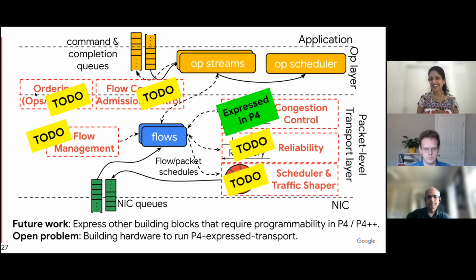Okay, maybe my last question. So in your reference host stack, you did not take into account the virtualization or overlay networks. And as you know, most applications today in a lot of contexts work in the virtual and overlay networking context. So how does this change? Anything you mentioned about programmable congestion control and all of that, how does it change in the context of overlays and virtual networking?